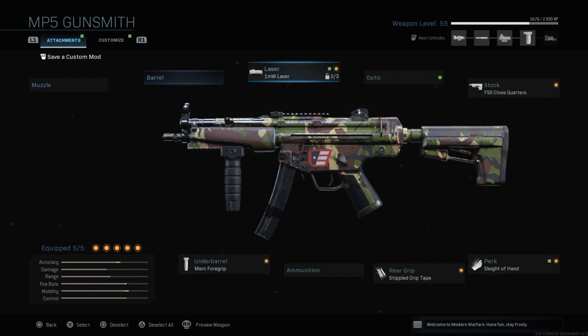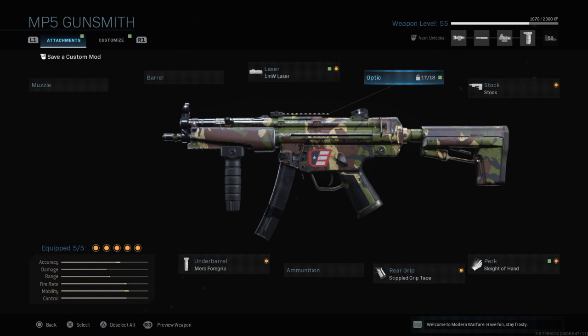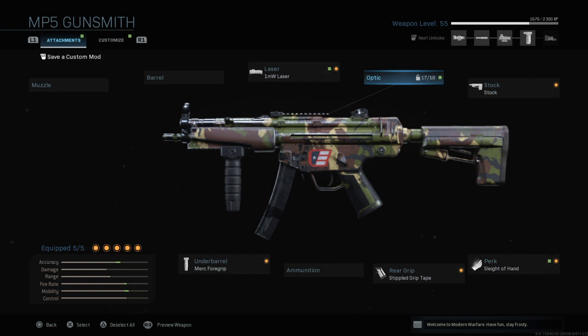The attachments I fit are similar to the M4. I go with the 1mW laser to improve hip fire. I don't put an optic on my MP5. I just like the look of it without the optic. I tend to be engaging people at closer range, close to medium range with the MP5. So yeah, I just don't bother putting an optic on it, and I don't want that penalty of a slower